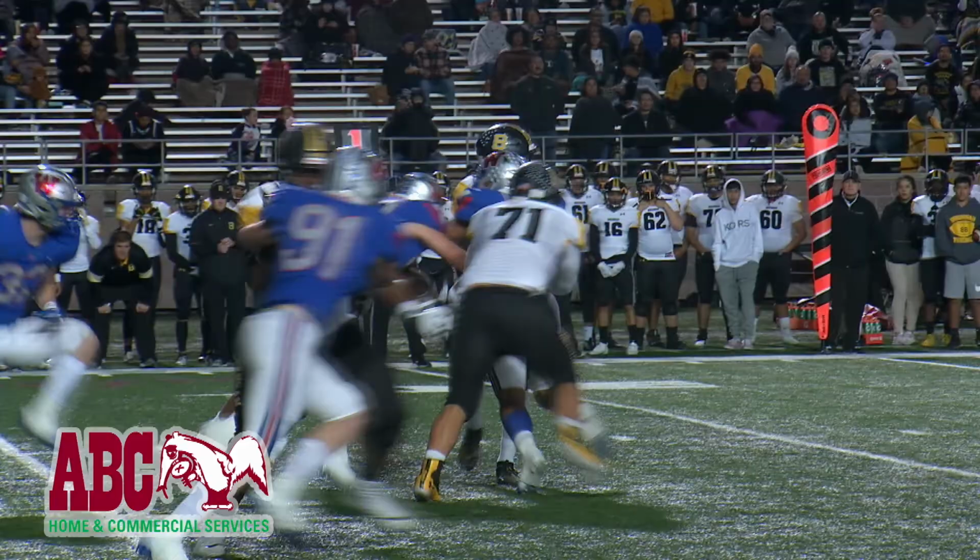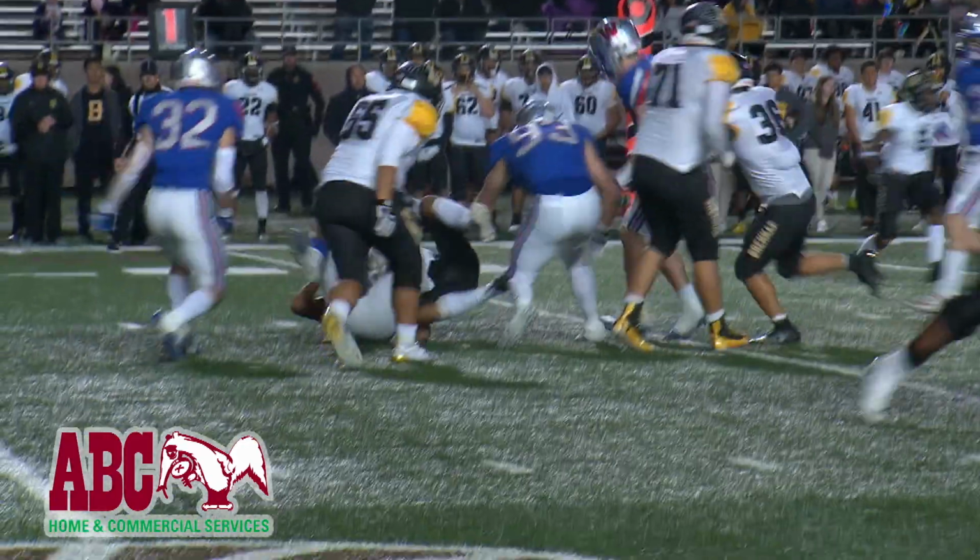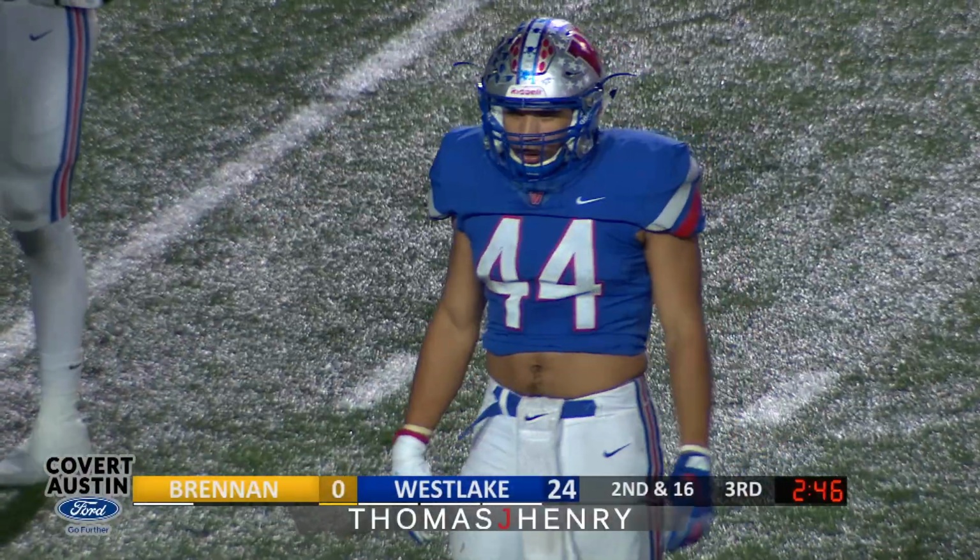DuBose, again, just surveying downfield. Just not much he could do. And we mentioned Steve Basori. Again, they went 7-4 in the